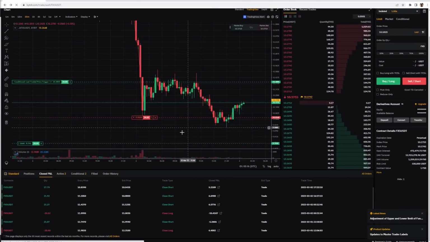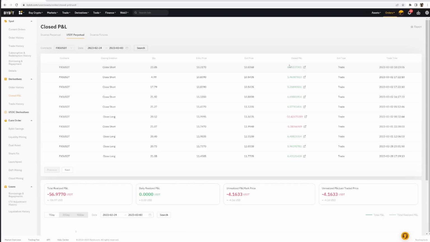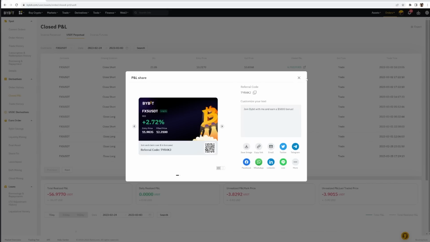I can show you just all orders here for this system. So this is the closed profit and loss for this system that I had up on the screen. It's about an 80% win rate right now. You can see some of the wins are larger than some of the losses here. There's about a 2% loss there, but most of the wins, it takes profit at these small levels, 2.72, 2.52,